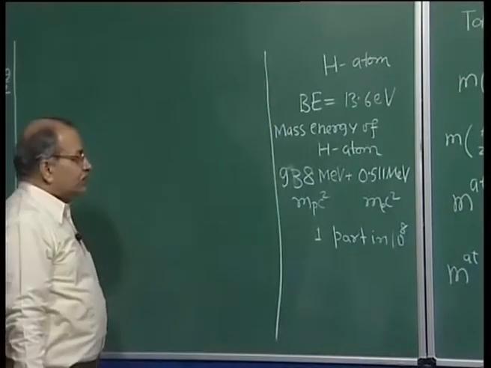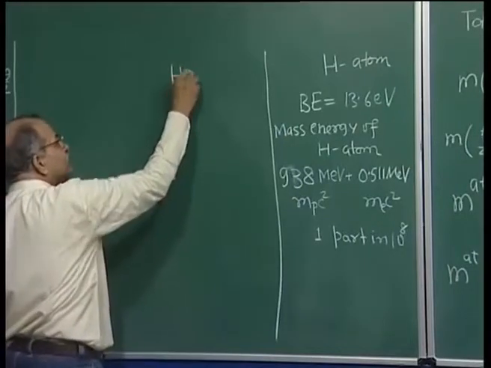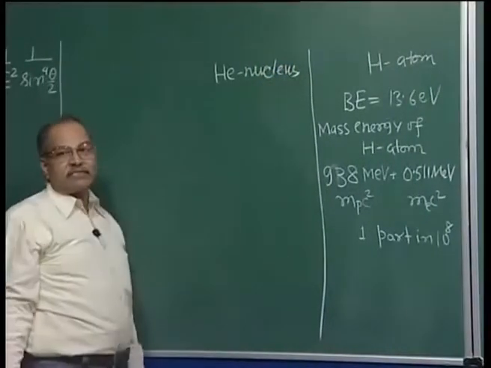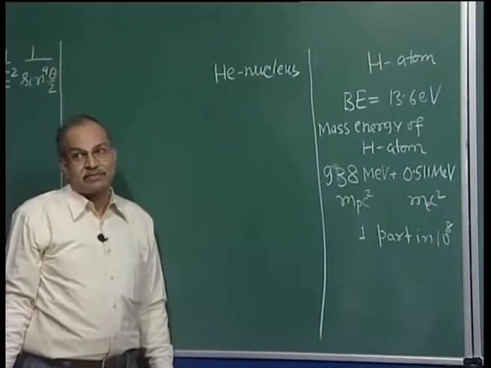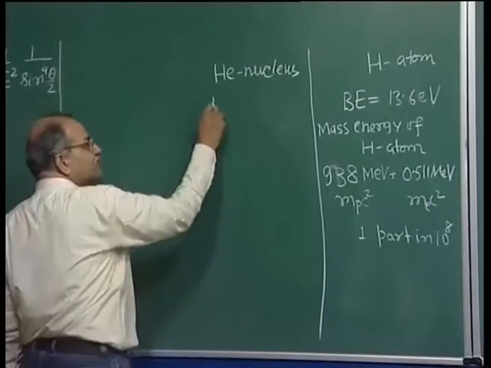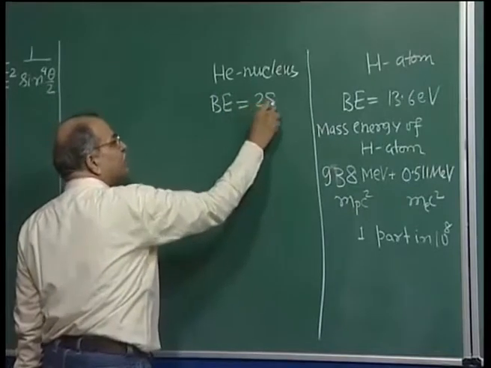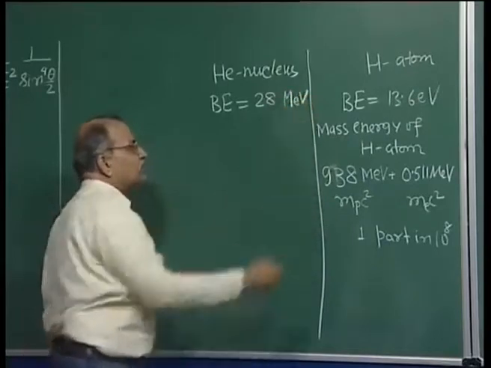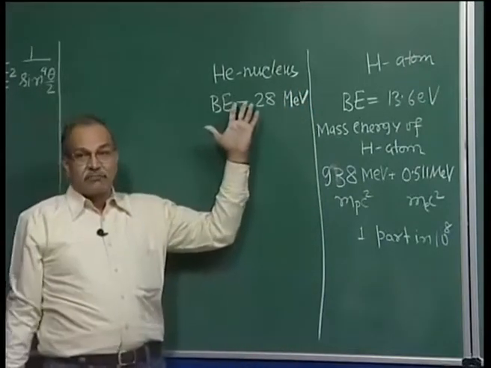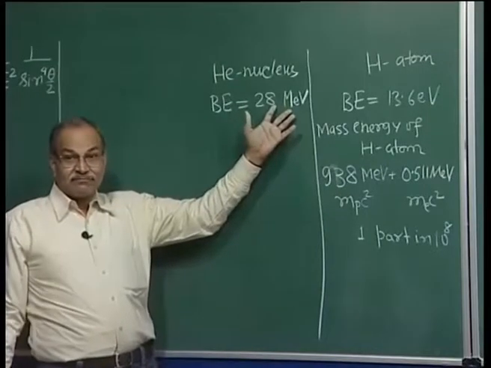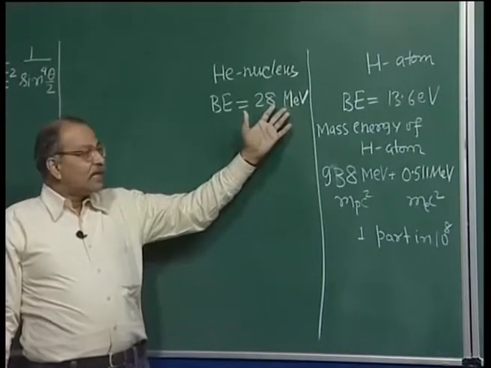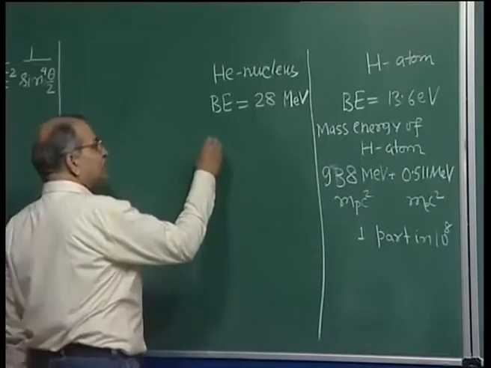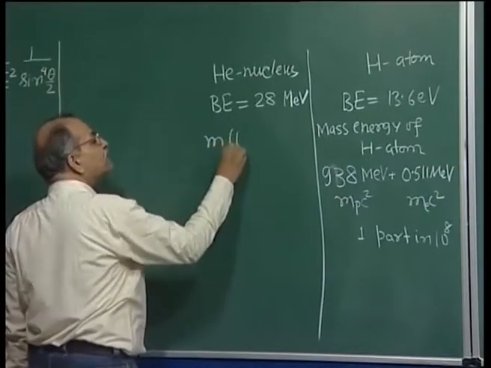Okay. In contrast, look at that helium nucleus, 2 protons and 2 neutrons. Look at this helium nucleus. The binding energy for this turns out to be 28 point something, 0.3 or so MeV. Look at the numbers of binding energy, it is in mega electron volts for helium, and here it was in electron volts. And if you look at that fractional thing, the mass of helium c squared